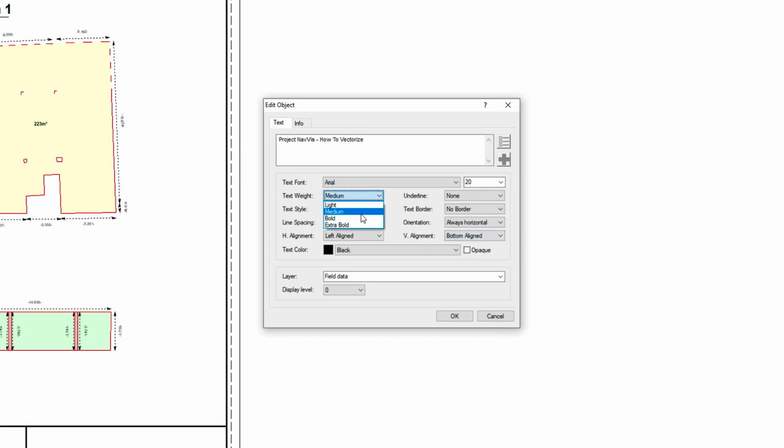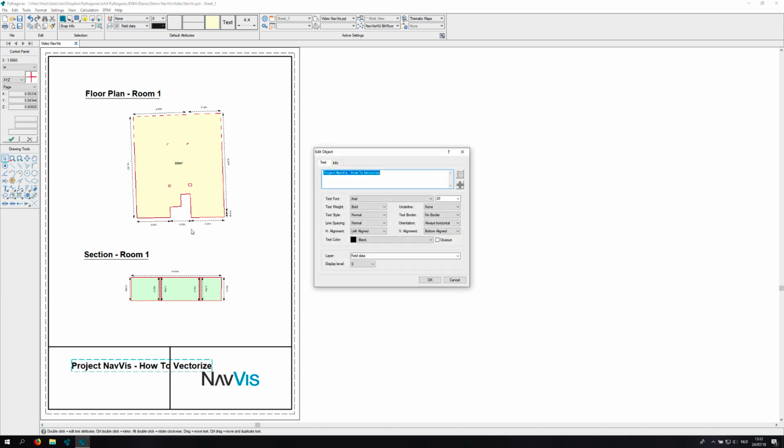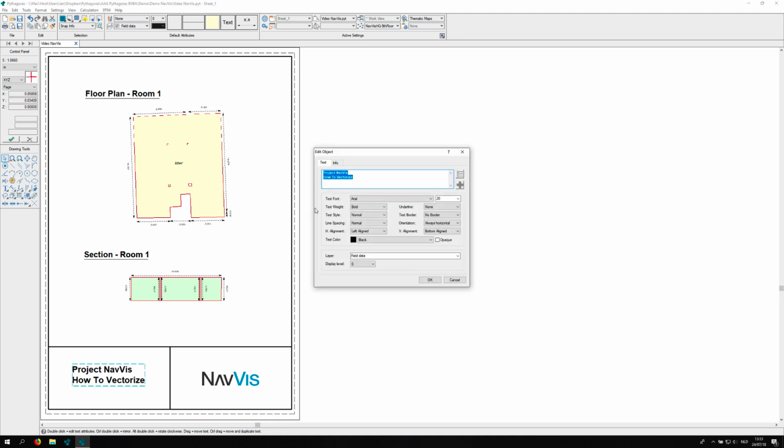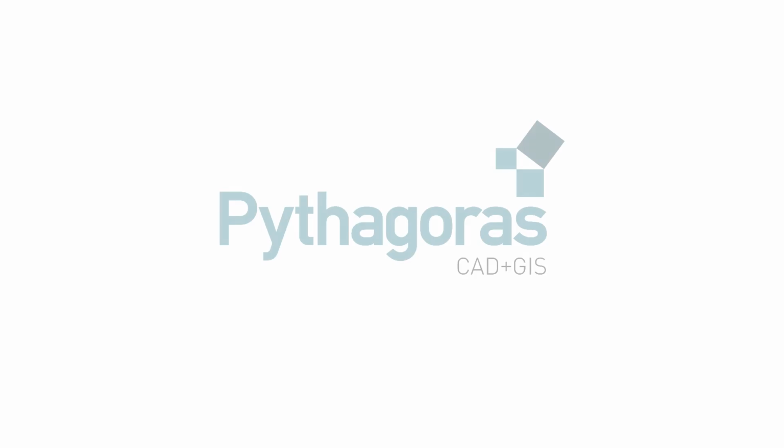Also change the style and the thickness, make it bold, move it so it's not fitting there, so I need to split it up. Okay, like this. Okay, and I want to center it a little bit more, so I choose a different alignment, a centered alignment. There it is. So my map is finished.